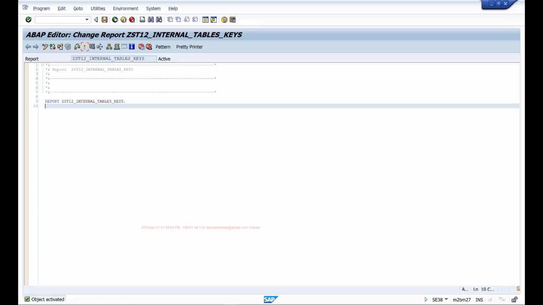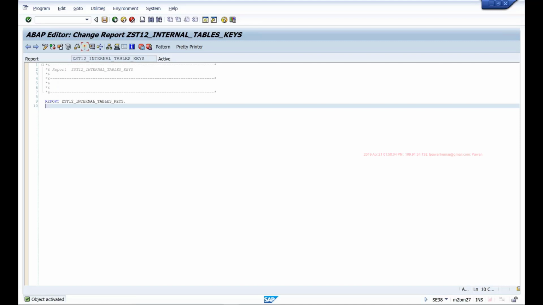There are a couple more things you need to understand about internal tables, something to do with the keys. An internal table can have something called a primary key and a secondary key, and there's another thing called control break statements. These are some specific statements which you can use within an internal table, when you're processing it using a loop statement, for example, to do different things. So in this session, I'll talk about the keys, primary keys and secondary keys. And in the next video, we'll look at these control break statements.